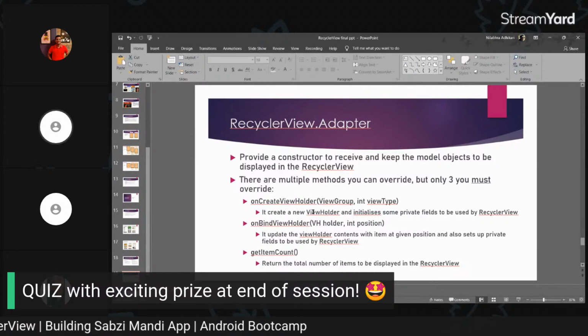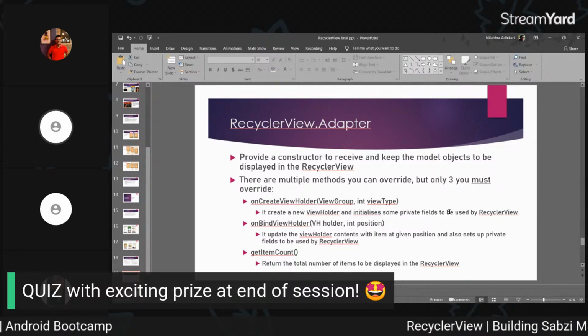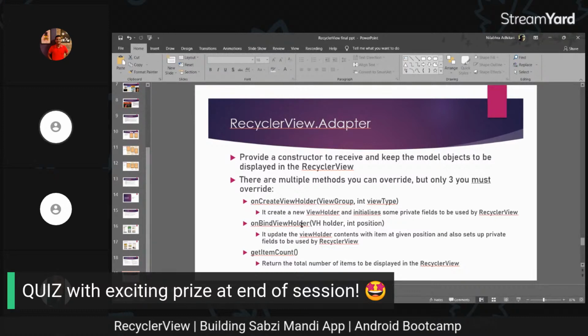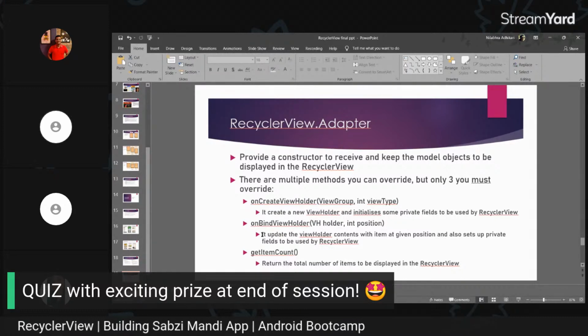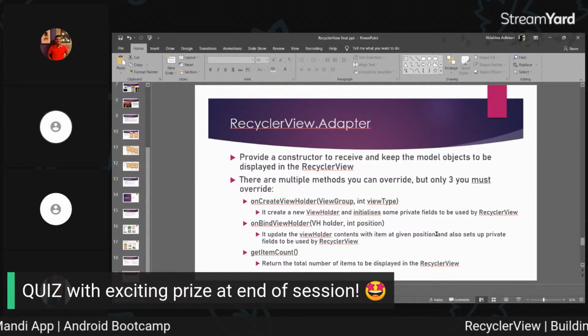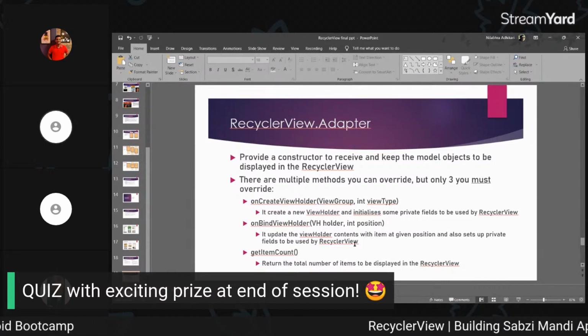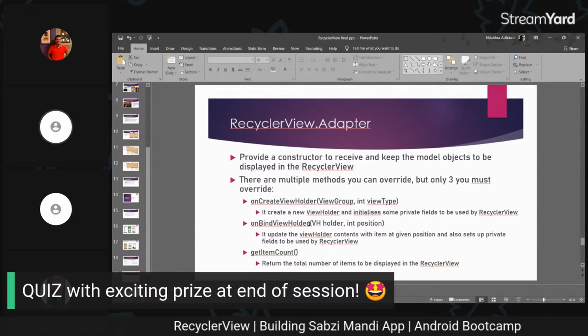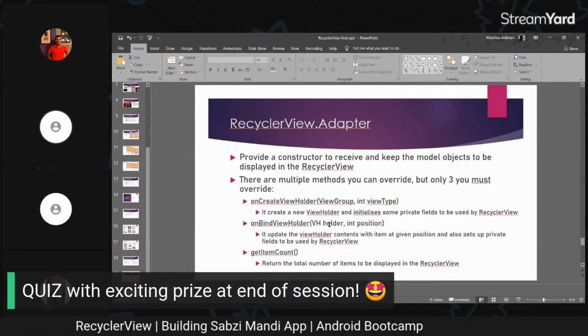Basically, it's just create a new view holder object, and some private fields for the recycler view, so that the recycler view can use them. And on bind view holder, it updates the view holder contents with the item at a given position, and also sets up private fields to be used by the recycler view. Here, the main thing comes, that is,